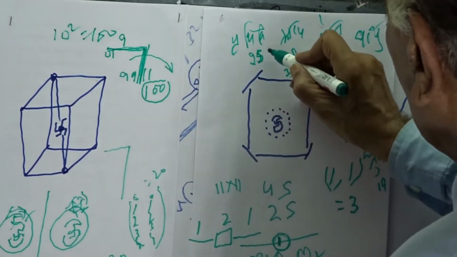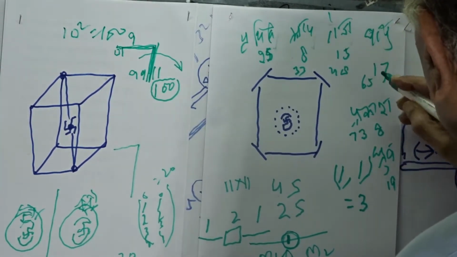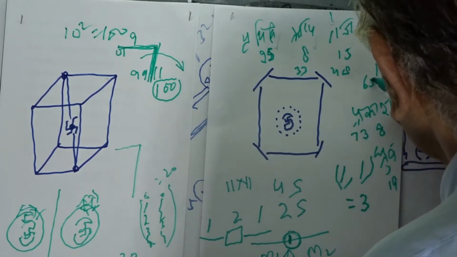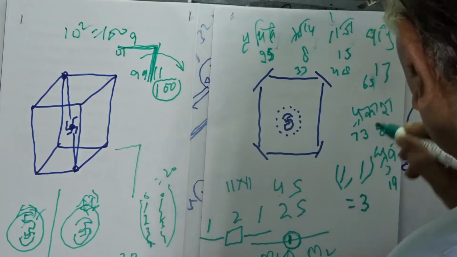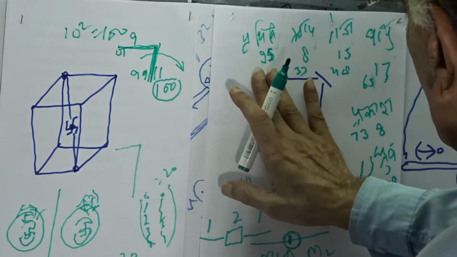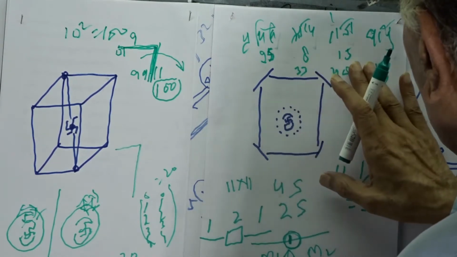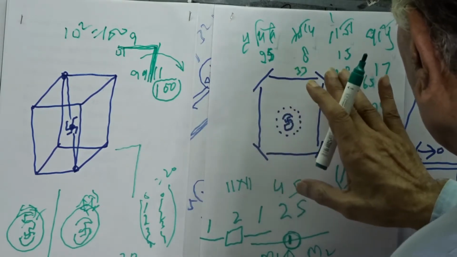So we have 25 and 8, 33, and 15, 48. See, Prithvi is 25, Apa is 8, Tej is 15, so 25 and 8 is 33, plus 15 is 48,